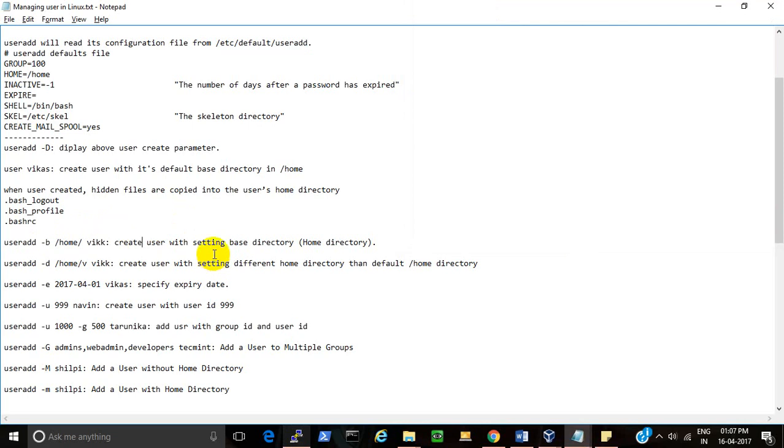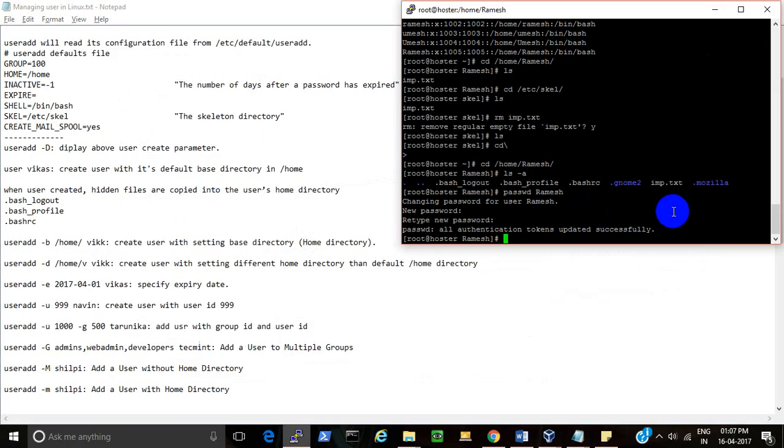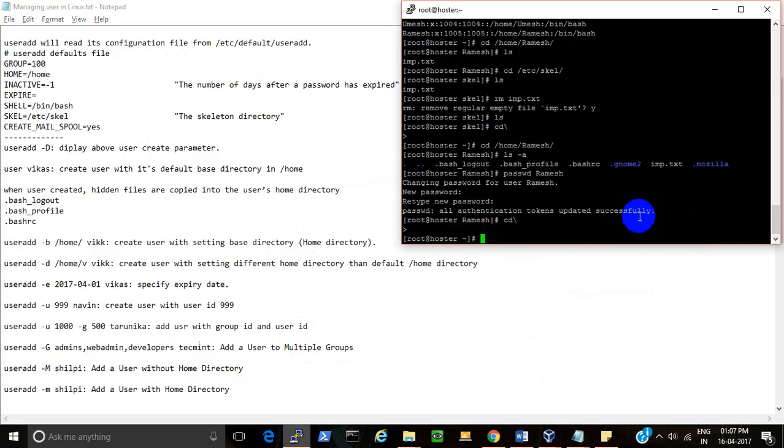Okay, generally what happens here is, suppose I created the user Ramesh, then it will create a home directory with a base directory. This is the home directory and this is the base directory of the user. Fine. And the name of the base directory is the same as the username. If I want to change the base directory so it is not the same as the username, I can use the command useradd -b, and